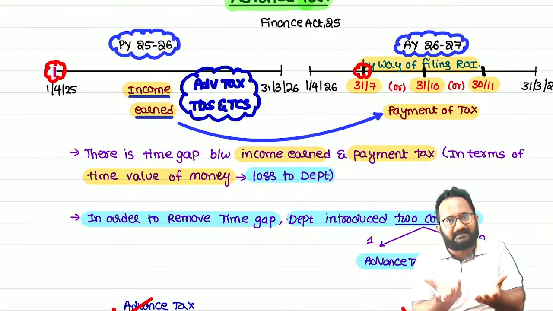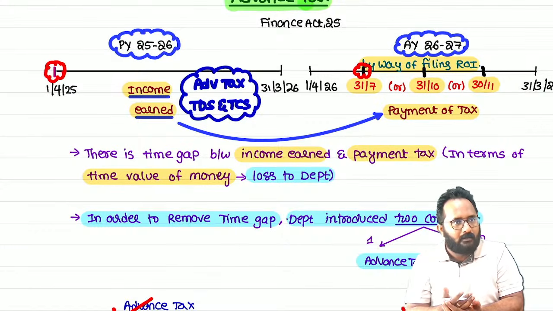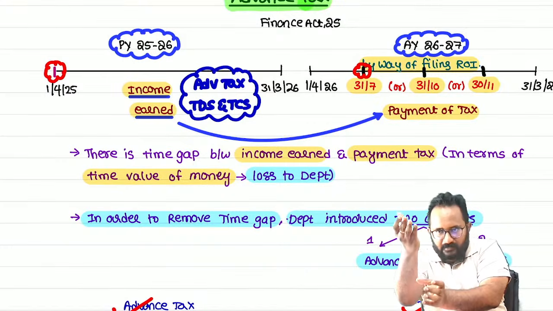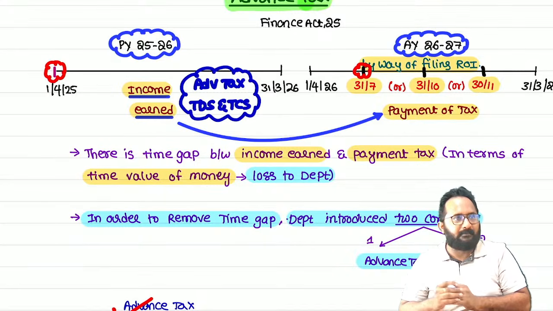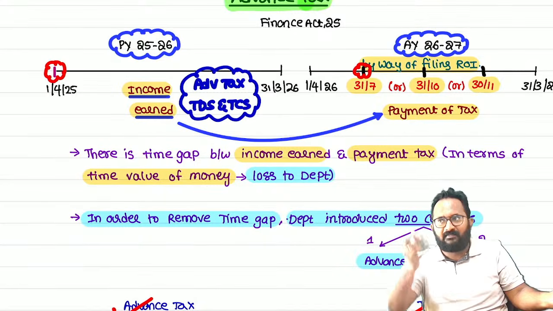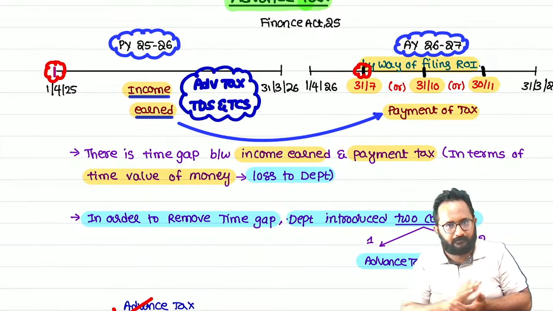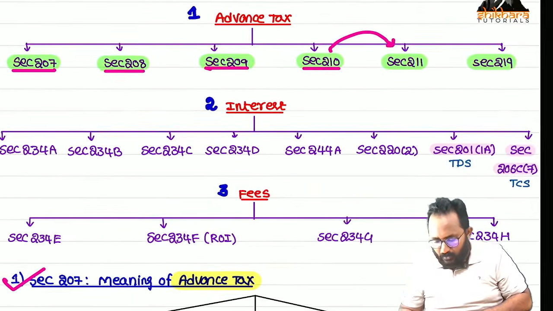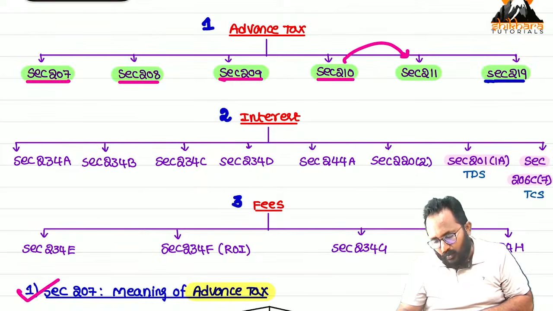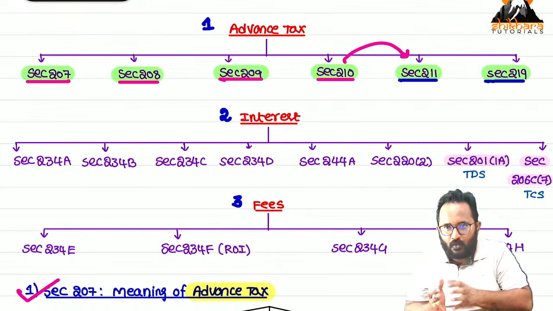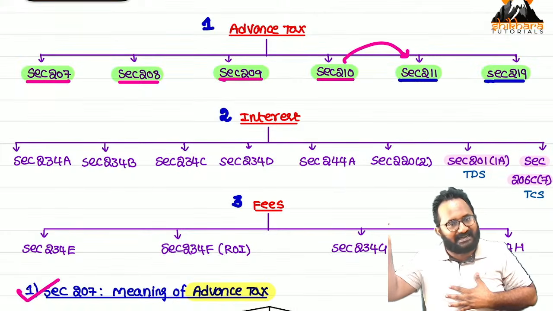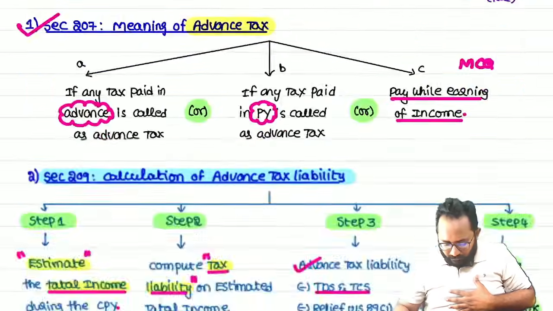For example, salaried assessees, how are they taking the refund? In the assessment year, while they are paying the tax, whatever TDS deducted, they are reducing. So that's why they are getting a refund. In some cases, if your TDS is less than the required amount of tax, you have to pay. Same way, you can get the credit of advance tax also. That provision is section 219. 211 is installment, 219 is advance tax credit. Whatever advance tax paid by the assessee during the previous year, that amount you can take as a credit in the assessment year. So that is also done.